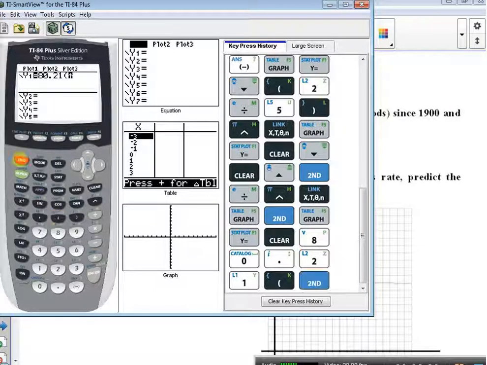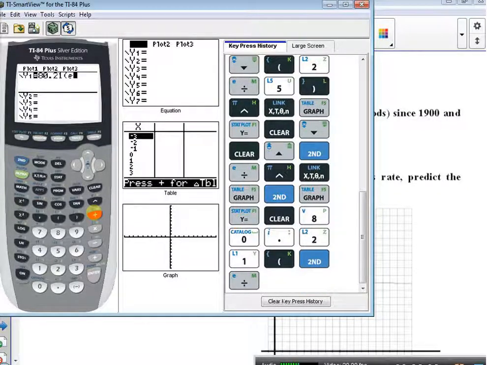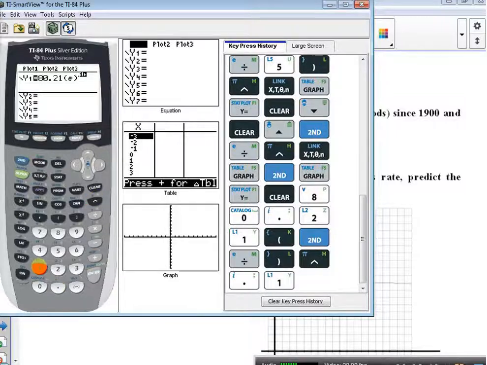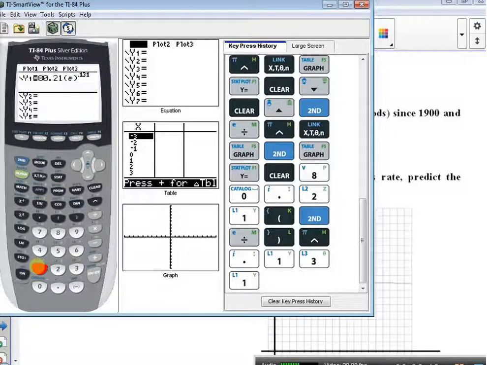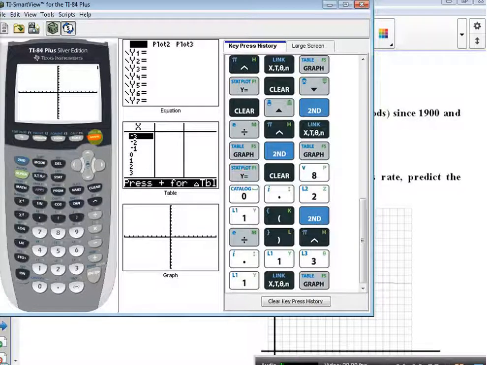E would be the growth factor, so second divide is E, and it's already got parentheses, so I'm going to do that to the 0.131, so I'm going to close that parenthesis around that. You could put it inside. You could put the 0.131x inside, but usually it's on the outside. And then if I hit graph,